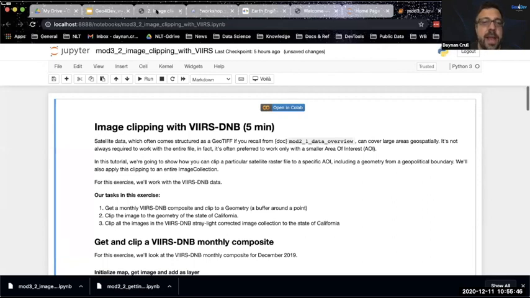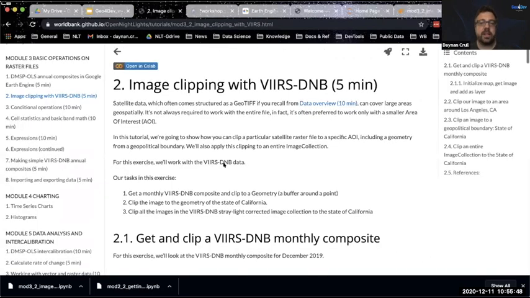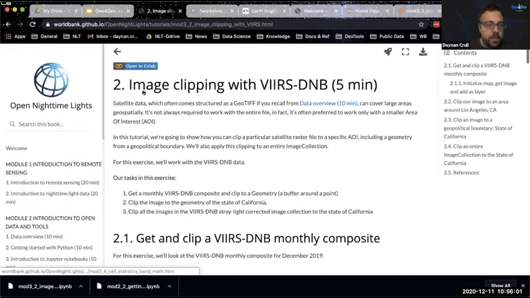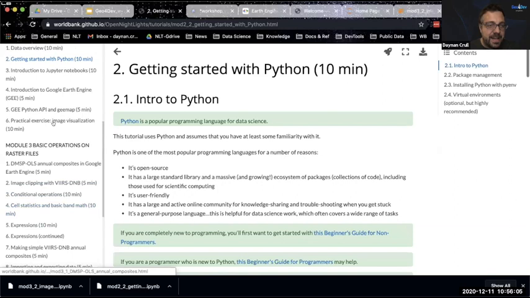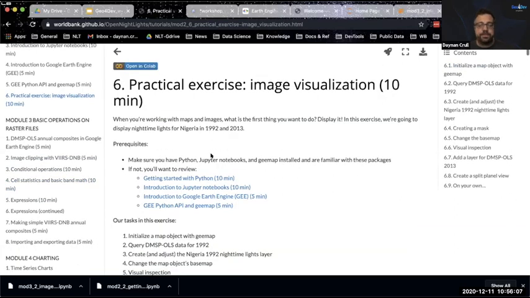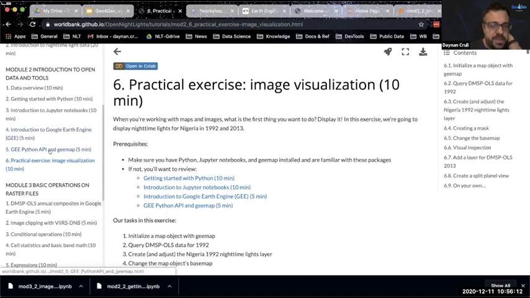Now, the other way you can access things today is, let's say you don't have Python or you don't want to worry about doing that on your laptop. That's okay, you don't need to. What I've done is create links to Colab notebooks, and you can see a little button here. Here we go, here's an exercise. If you were to go to module 2.6, we're going to open this up as soon as we come back into the next section in a few minutes.